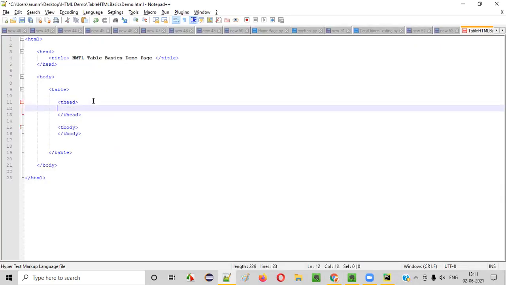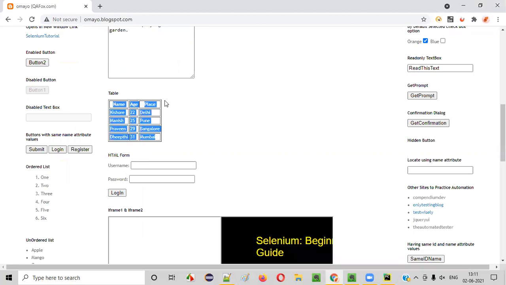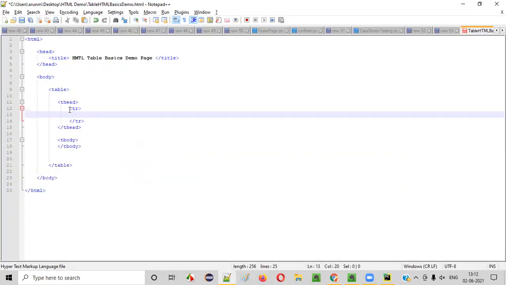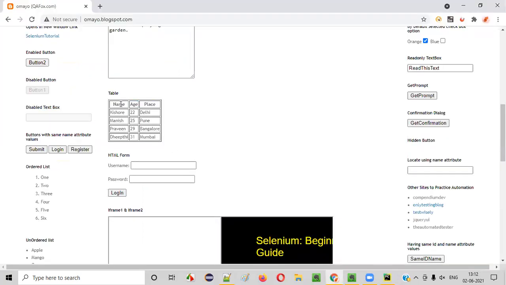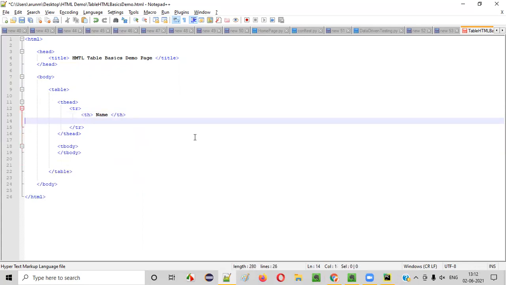Inside the table head, I'll create something like tr /tr. This is the first row of the table, which is nothing but the table heading, having the table headings. So I'm creating this tr, meaning table row. Inside the table row, I will create th tags. First th is name, /th.